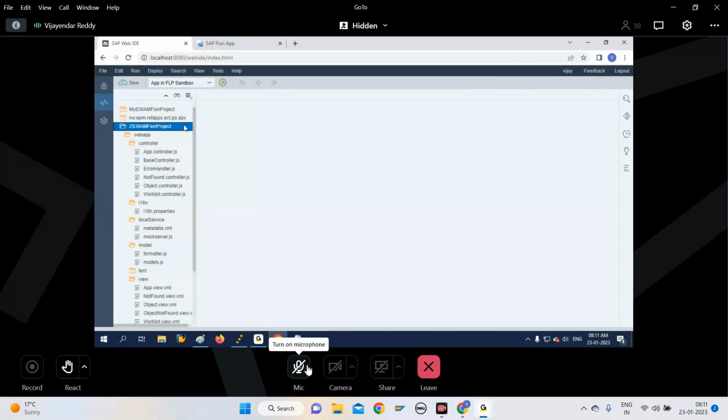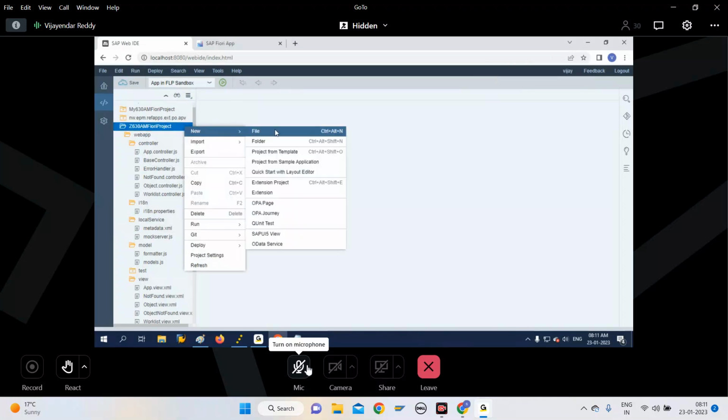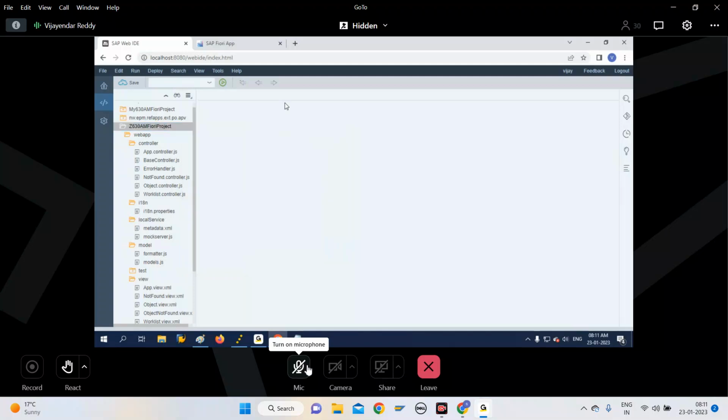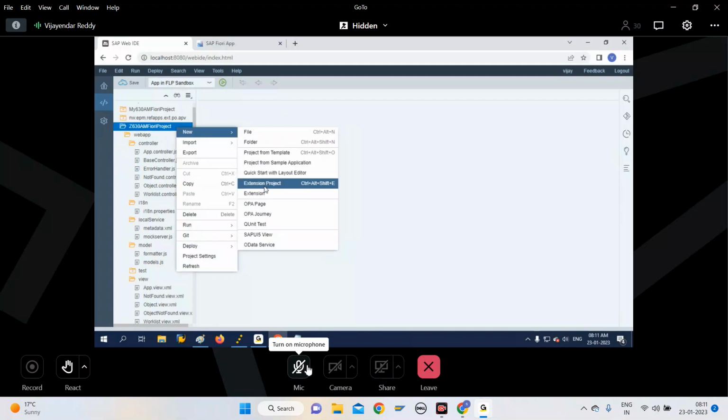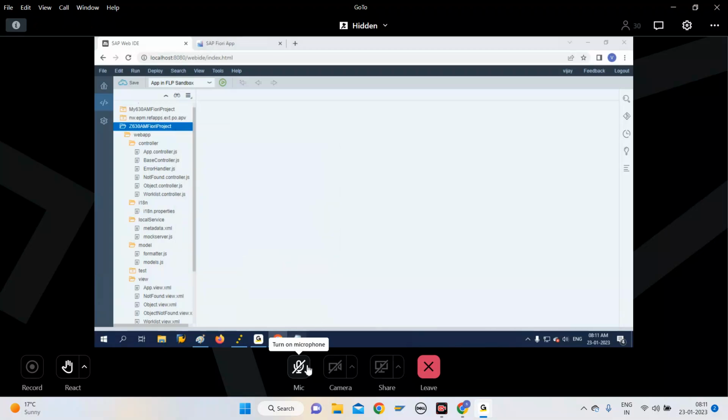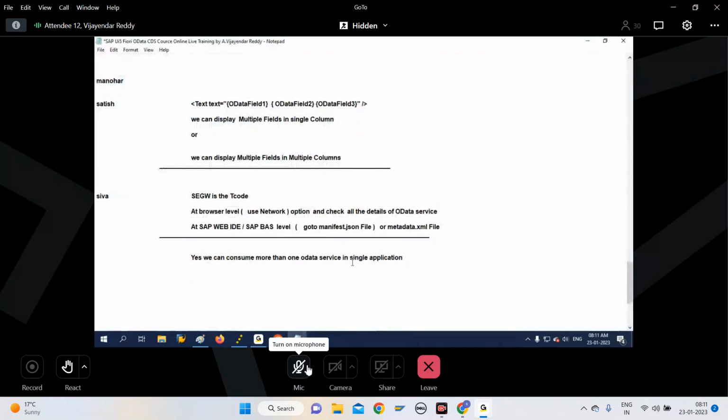Here, if you right click, you can access n number of OData services. There is an option: when you right click, it will allow you to create new views and access new OData services. Yes, we can consume more than one OData service, but